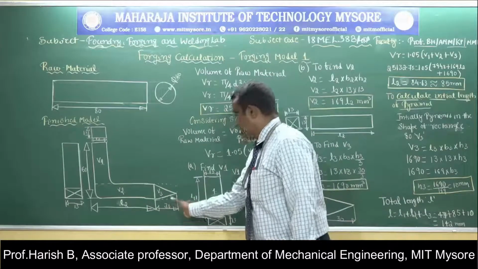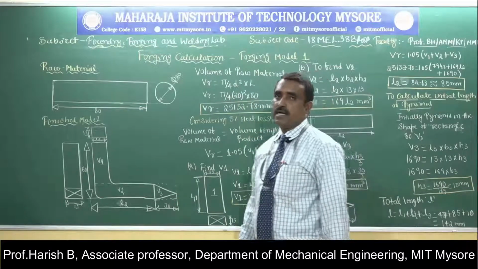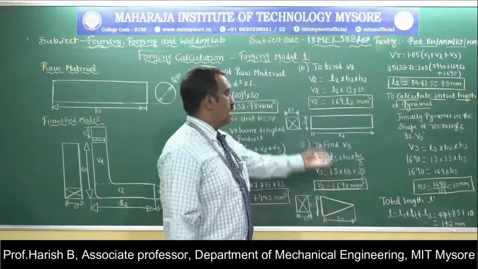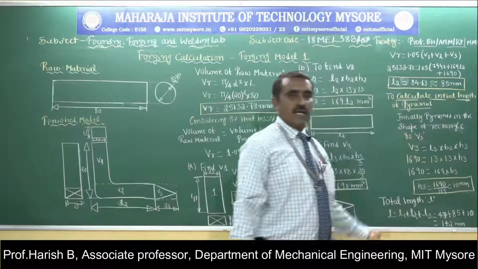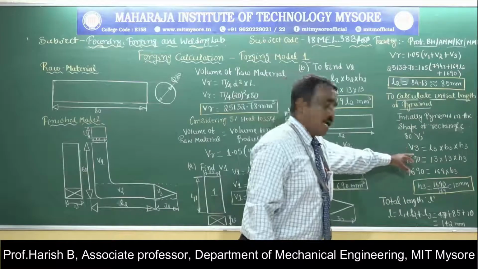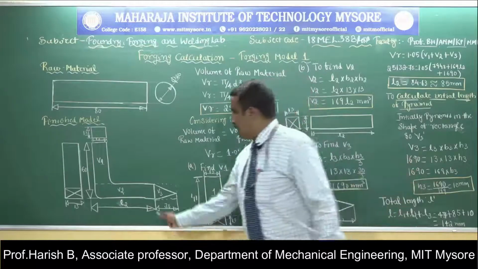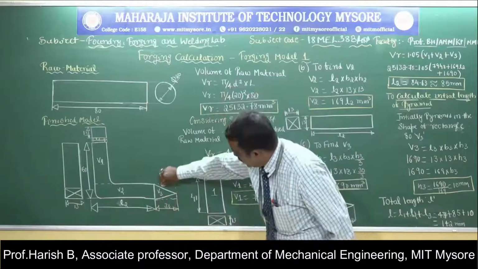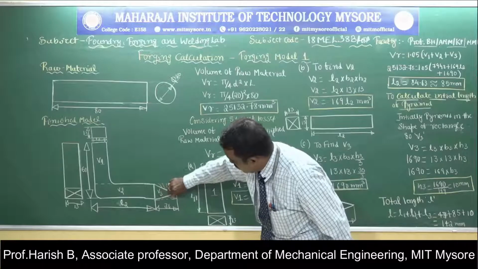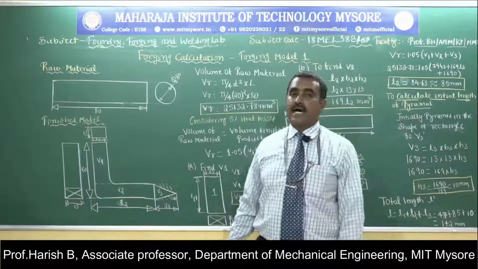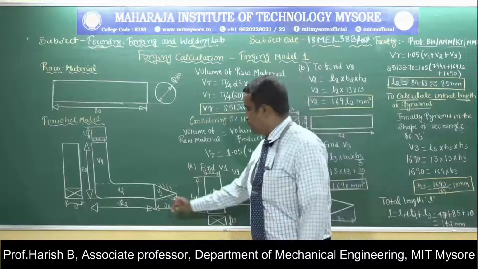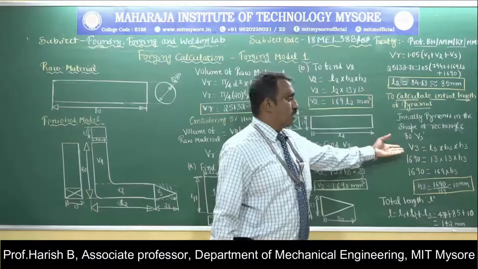So what should be that length? I have to find out what that length should be. That is what the next calculation shows. Initially the pyramid will be in the shape of a rectangle. So what should be this length? I am removing this amount of material. When I remove this amount of material, the height of the pyramid will be changing. So for that we have to do this calculation.